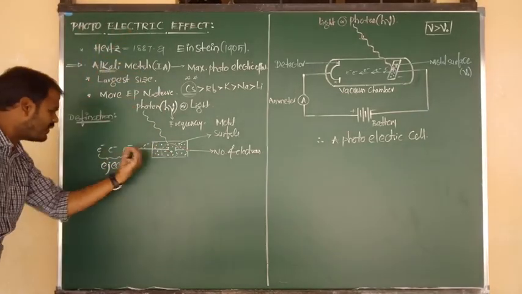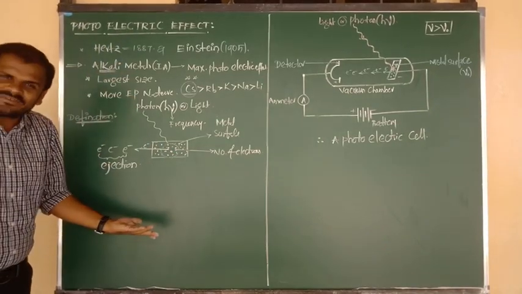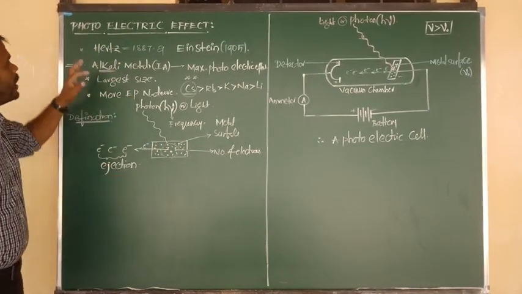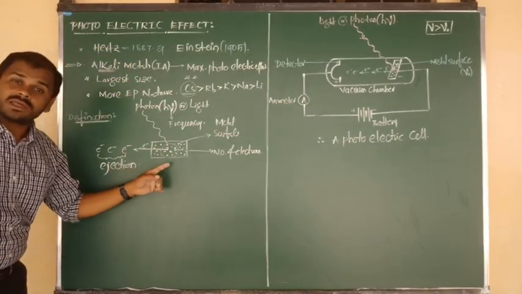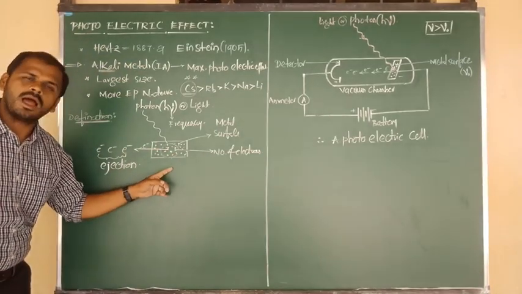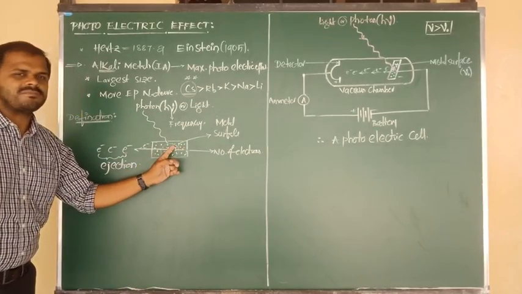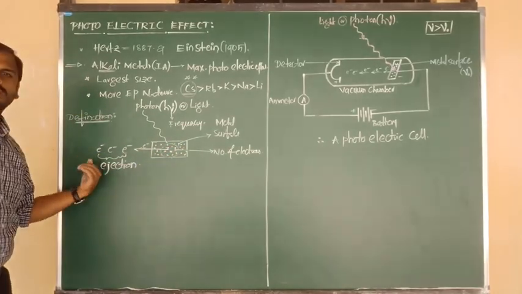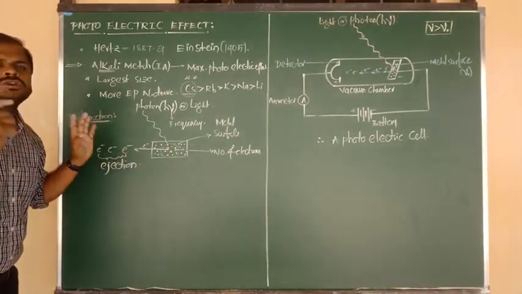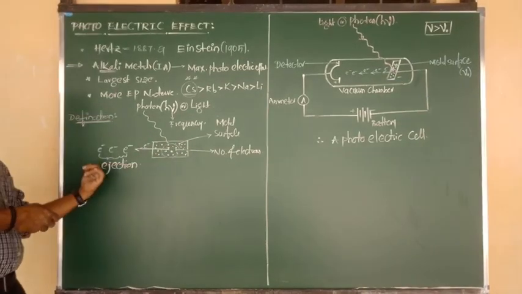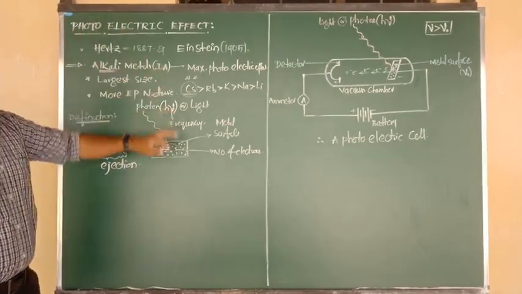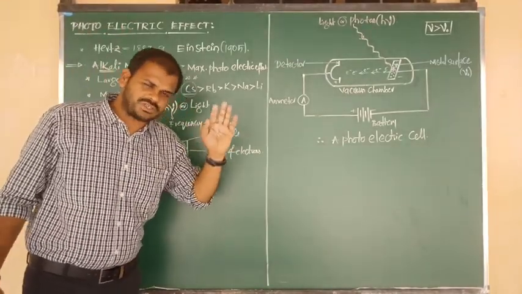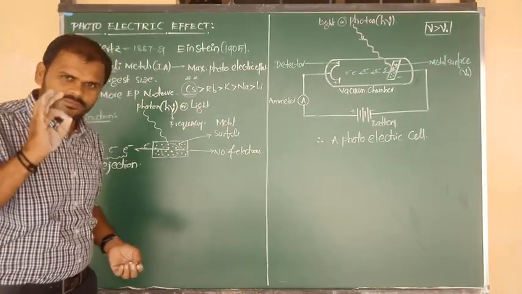Electric, nothing but release of electron takes place. Answer was over. Once again, photo means by the incident of photon on the surface of what? Metal. Automatically from the surface of metal there will be ejection of electron. So release of electron due to fall of photon, this is known as what, Nana? Photoelectric effect. Very good. Definition clear?